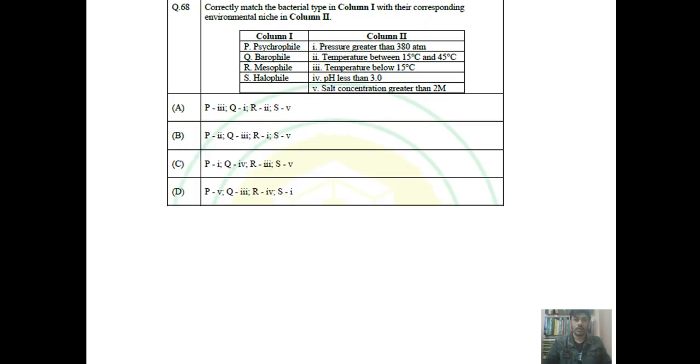Now coming to the next question, it is question number 68. It is a matching type question. So group 1 represents the type of bacteria, and group 2 represents the environmental niche. So all we have to do is correctly match. If we see the